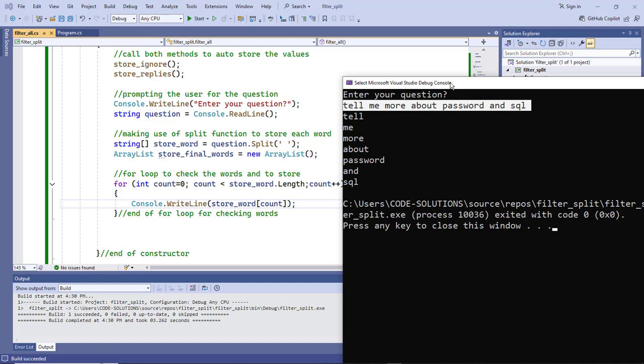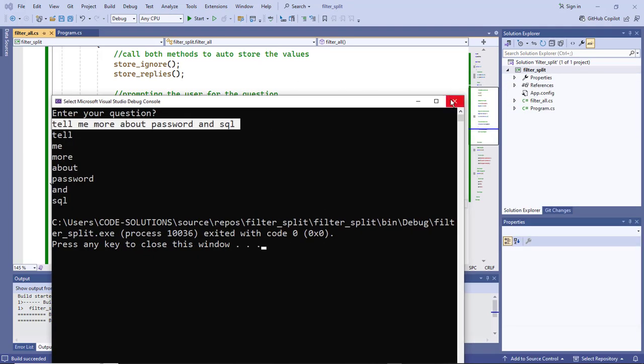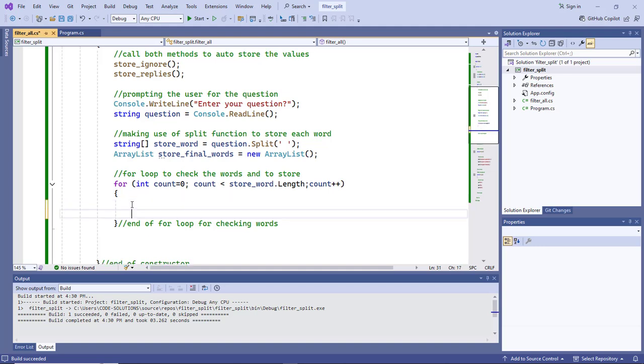So now, since we have confirmed that it is indeed working, it is running, we have to continue. We will remove the console part. We will remove this part now. So we remove this part, and now we are going to do our if statement